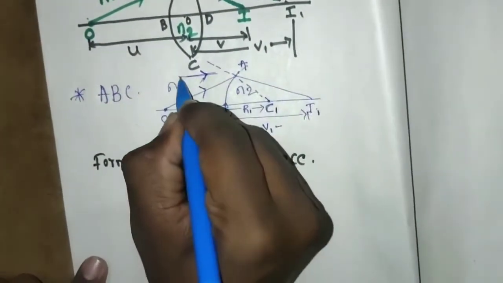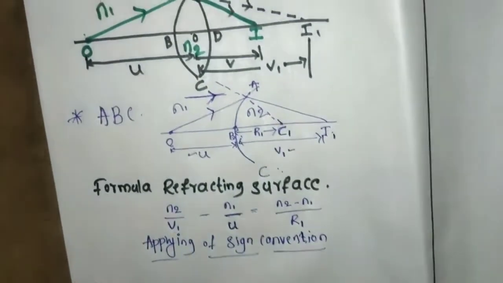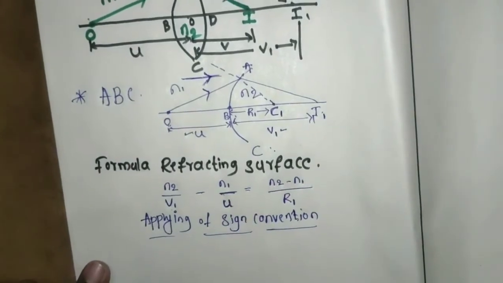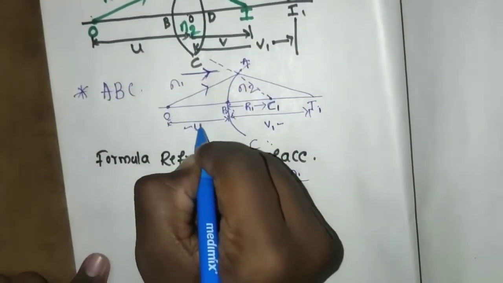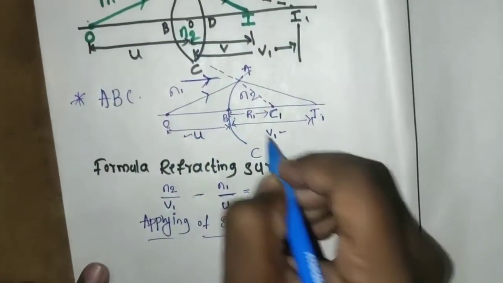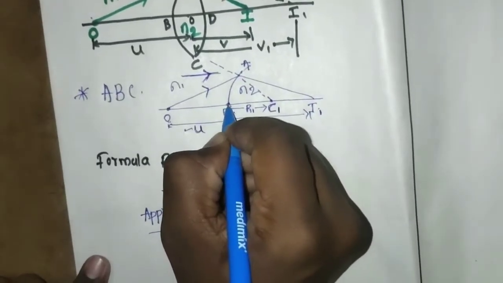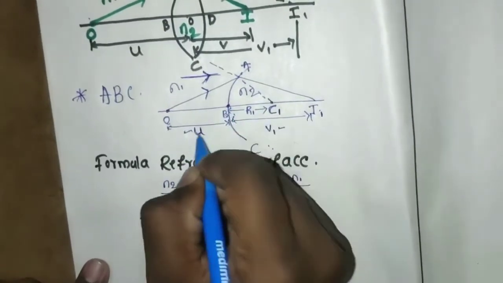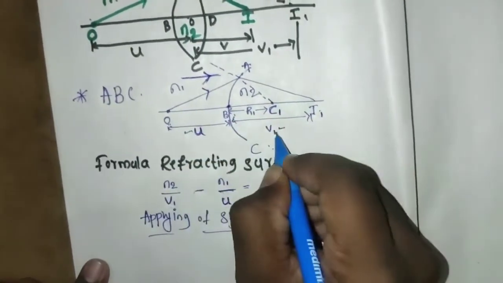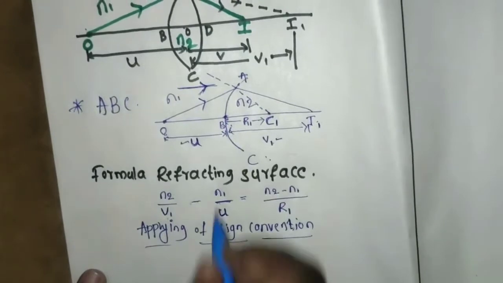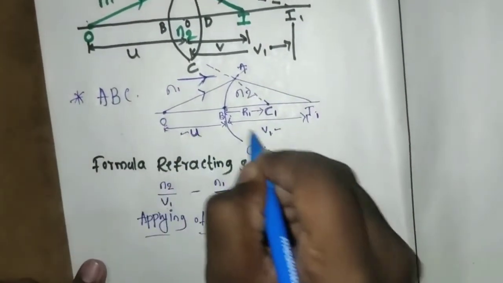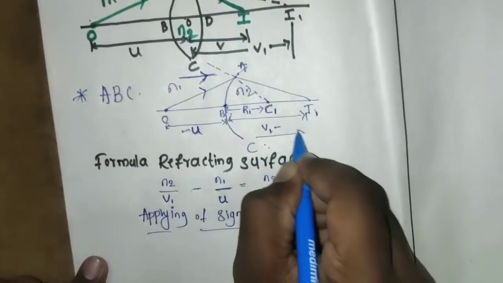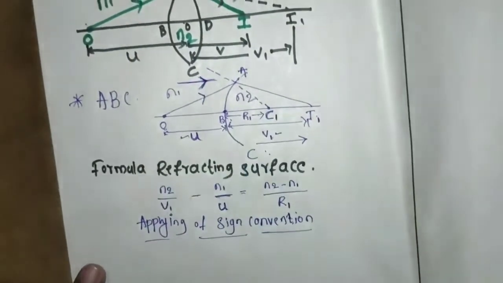Okay, see here reference, that is incident direction, it is like this, but the reference distance for the measurement of object and image we have to take from the center of refracting surface, that is from B2 we have to measure the object distance and image distance and radius of curvature. Okay, for image this is the measurement from B to I1, this is the direction of measurement and this is the direction of incident ray.